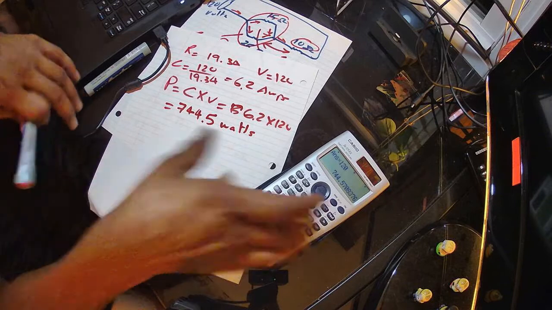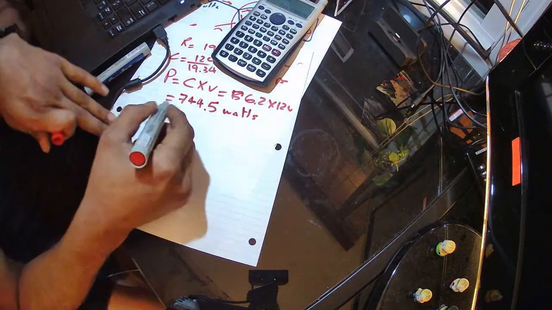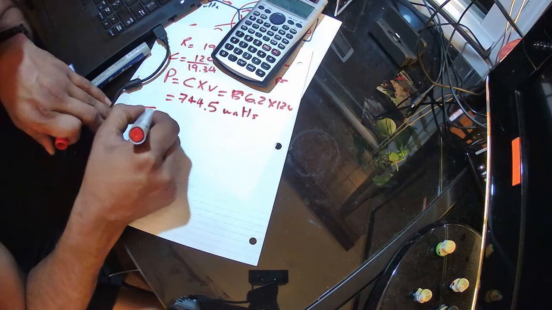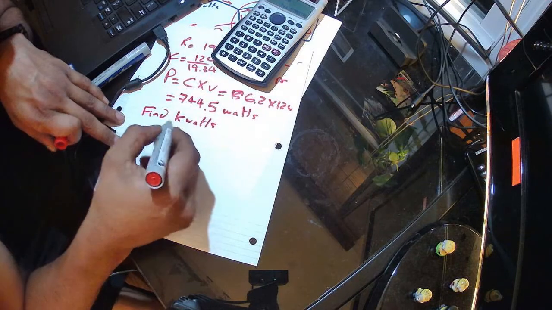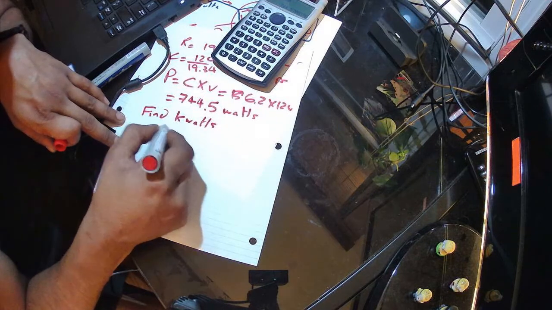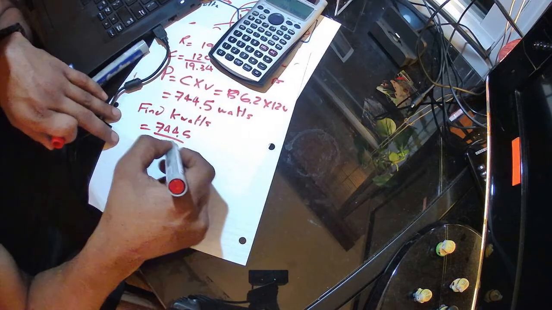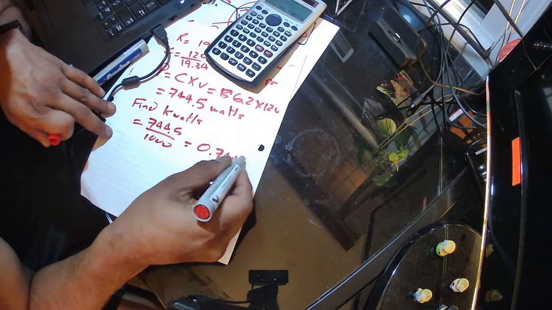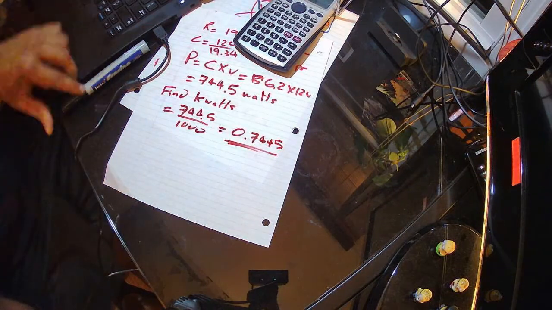It's not bad. It's a lot. It sounds like a big AC, air conditioner. So this is the watt. Then find the kilowatt. So 744.5 over 1,000 will give me 0.7445. That's my kilowatt. So the cost at 15 cents